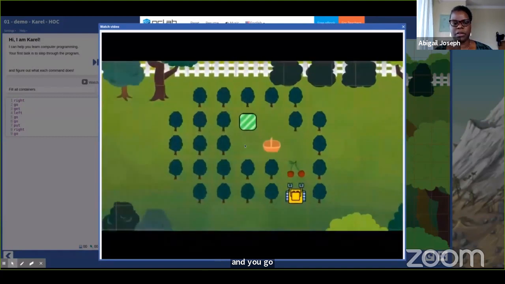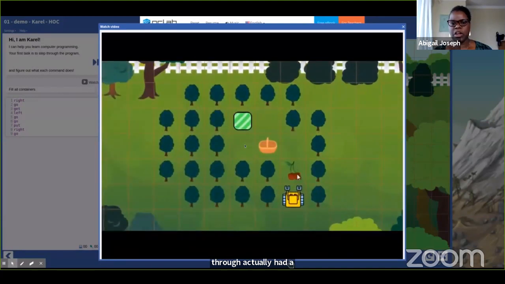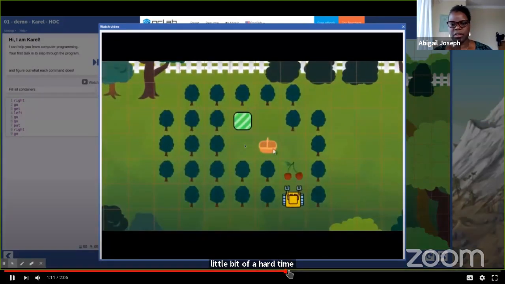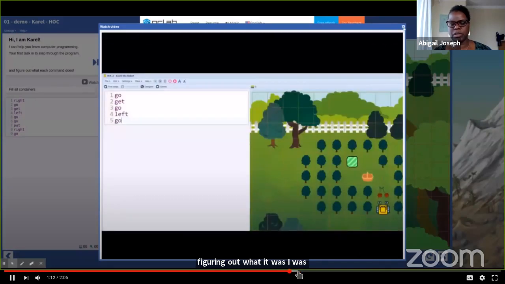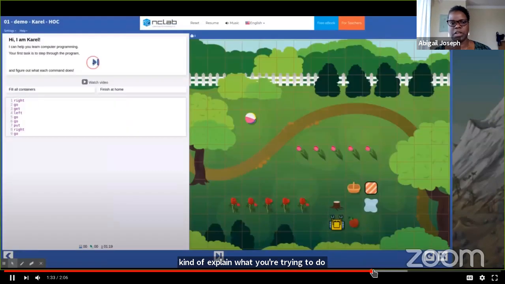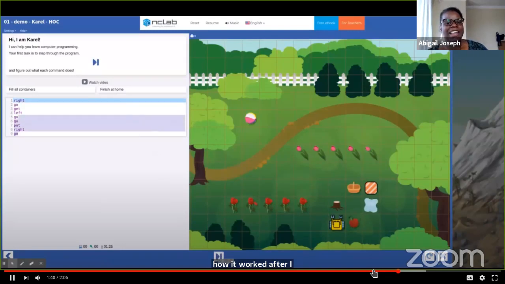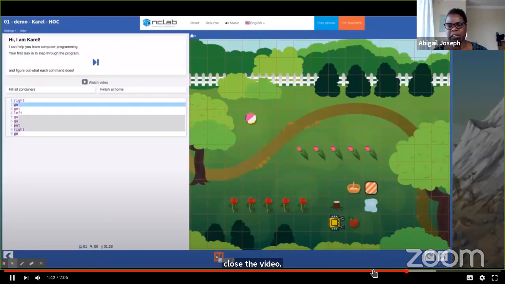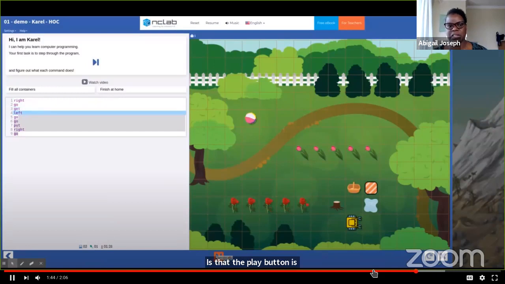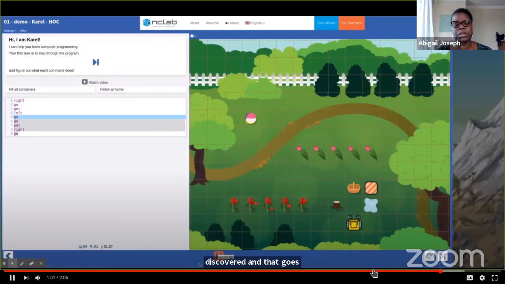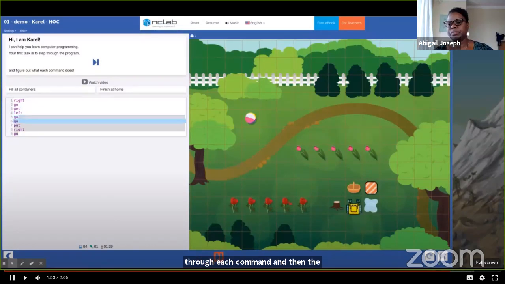And then later on, I'm gonna forward a little bit to when I figured out how it worked after I closed the video, is that the play button is actually on the bottom, I discovered. And that goes through each command, and then the little robot does its thing as it goes through each command. So again, you have the commands, it's showing how it works, and